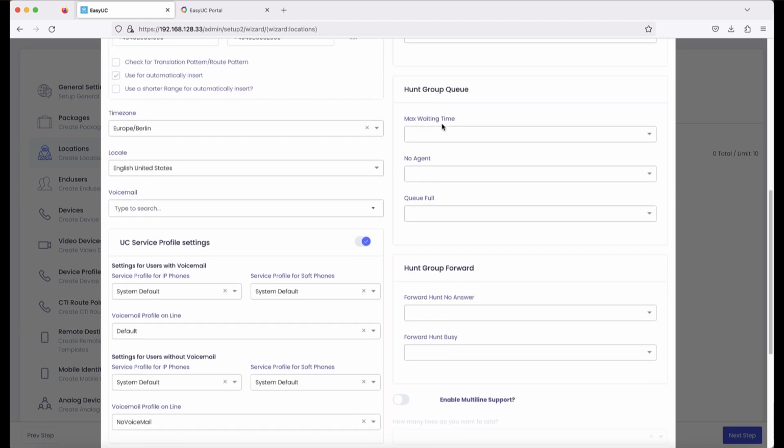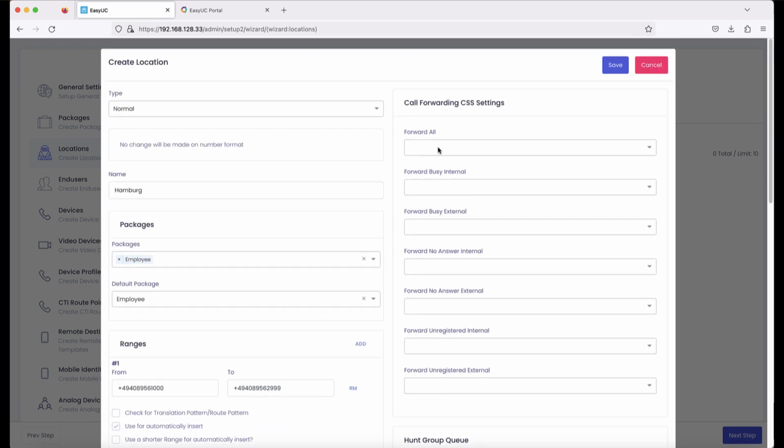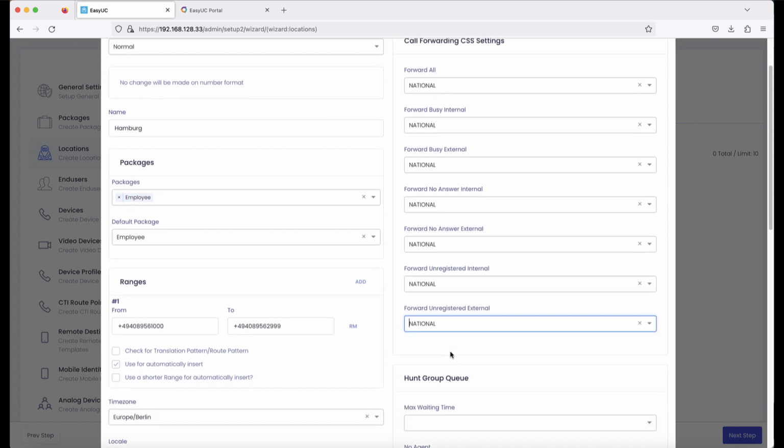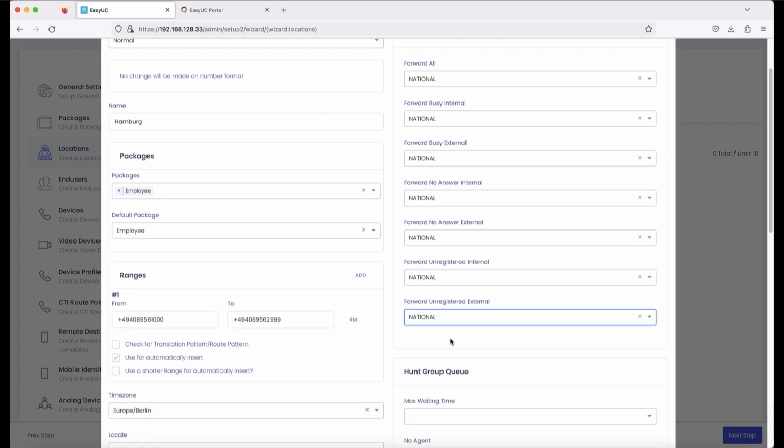Next, the calling privileges for the forwarding settings are defined. So now set the CSS here, which should be used for the individual options. This is only used by EasyUC if no CSS is set on a line in the case of a forwarding setting. For example, if an EasyUC user wants to set a redirection when busy and no CSS is set on